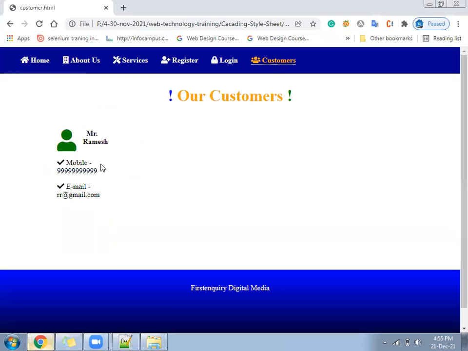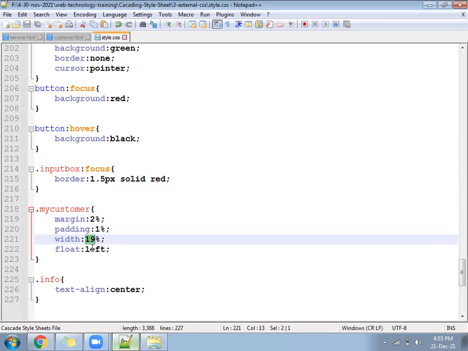This is also less. Wait. Why can't we do it like this? Width 19, how will it come? Okay. Margin 2% is given here.